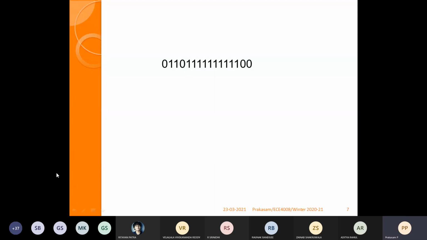So let us consider this is the data to be sent. We will give that this is the data to be transmitted. Then we will give the framing bit as this. This is the framing bit, this is data. We may ask you to go for bit stuffing as well as destuffing. So the first step, framing.